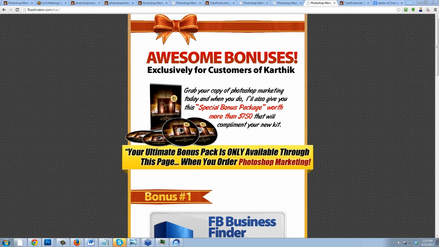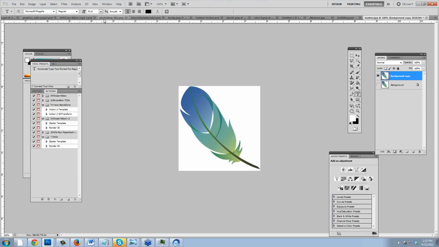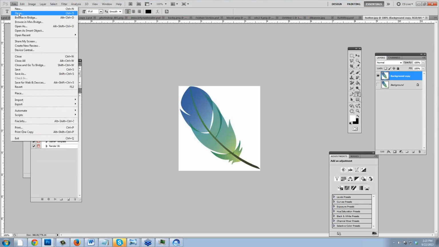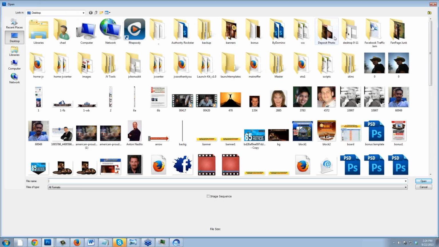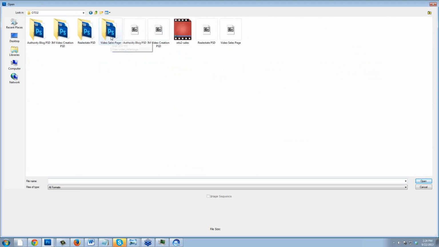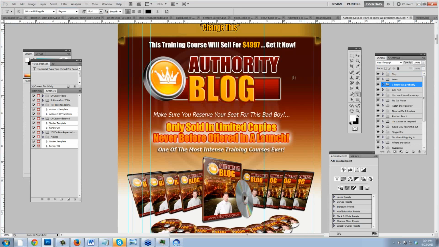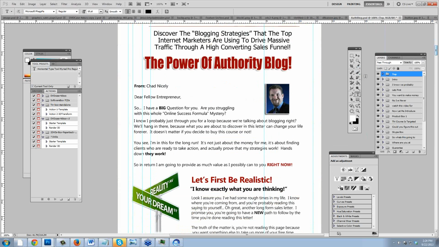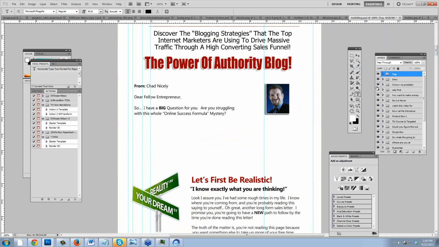How many templates are in OTO number 2? It depends what we're calling a template. So I'm going to go ahead and open up OTO number 2 again, and I'll show you. I'll just do it from my computer because it's easier, even though this looks like a mess to you guys. Welcome to the launch world. So there are 4 PSD templates, okay? Now, it depends what you call a template, because once again, if I open this up, I can call this a template, right? I can drag that anywhere I want. I can drag my intro anywhere I want. I can do anything here.